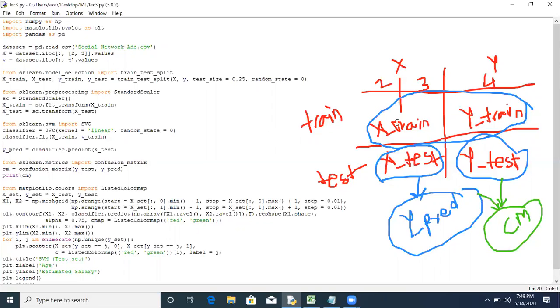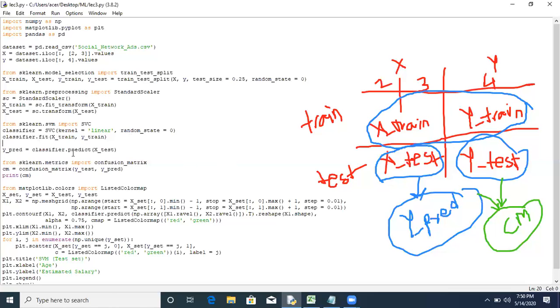As I said, training is done on X train and Y train. So these two should be the inputs to dot fit. When we are using dot fit, we have to apply X train and Y train because we are telling the machine that when X train is applied, we are getting Y train as the output. So we should get this output after applying this input. These things we have to tell the machine for the training part. So that's why there are two things, X train and Y train.